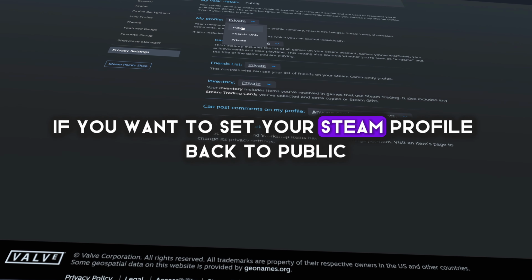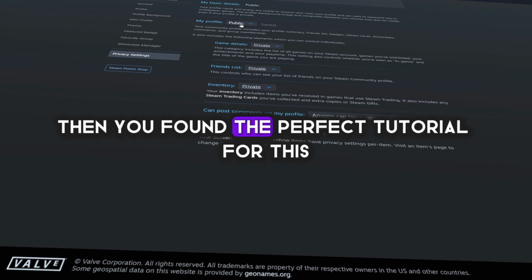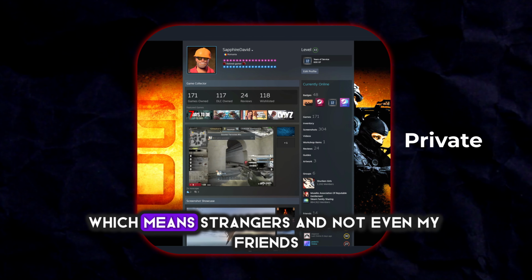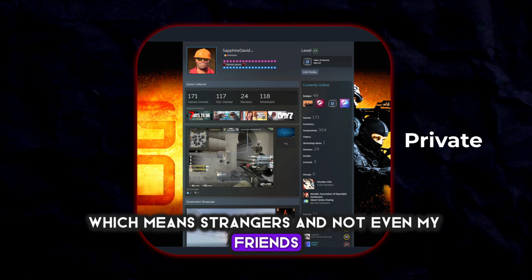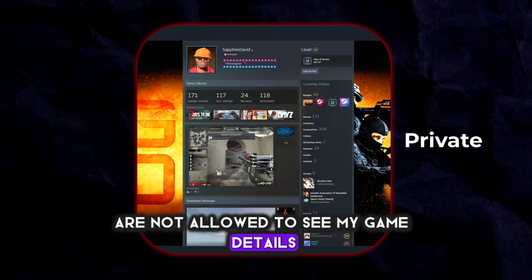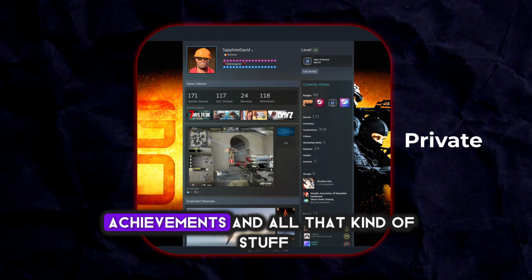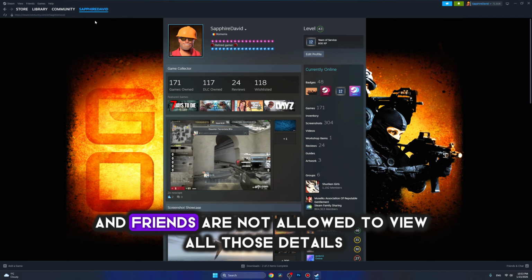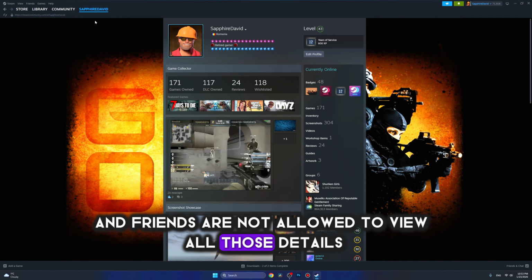If you want to set your Steam profile back to public, then you found the perfect tutorial for this. My profile right now is set on private, which means strangers and not even my friends are allowed to see my game details, hours spent in games, achievements and all that kind of stuff. So when you are on private, strangers and friends are not allowed to view all those details, and you have